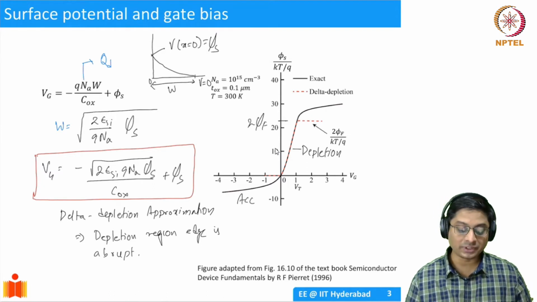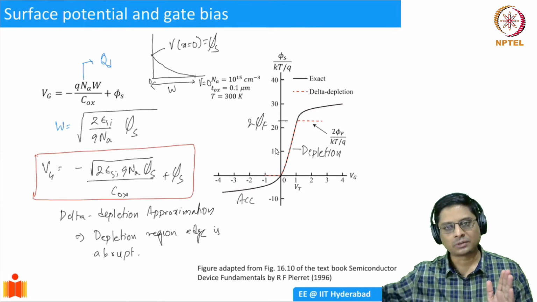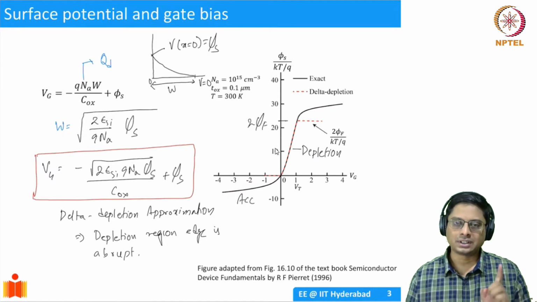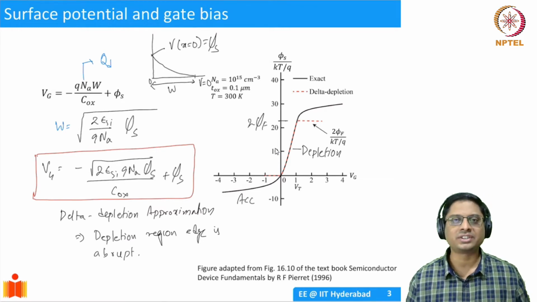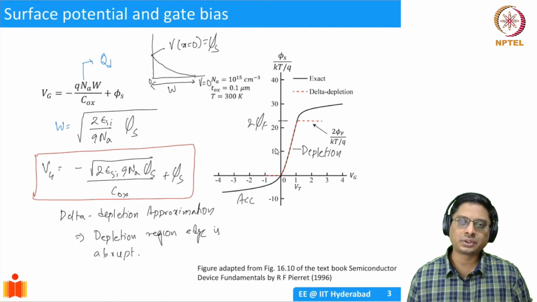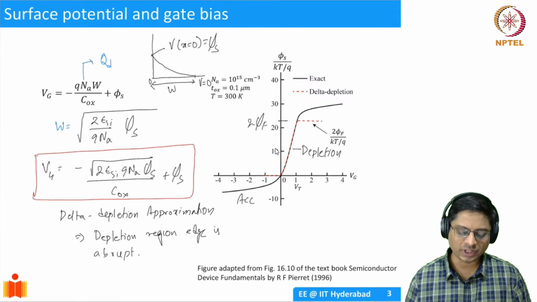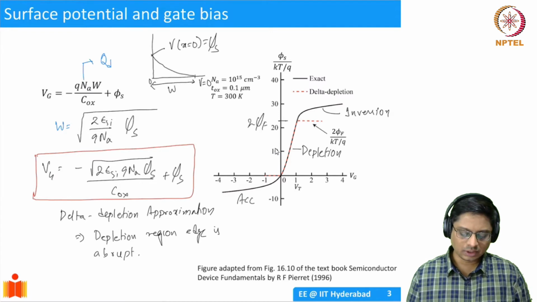Why are we differentiating between the two? What is the difference between surface potential and the gate bias? Well, we know that the gate bias is going to fall across the oxide and the semiconductor. Whatever falls across the semiconductor, we are calling it surface potential. So there's going to be a slight difference. It's not a simple proportionality because we also have this Gauss law, which tells us that a certain ratio of electric fields has to be maintained. And if you apply a gate voltage which results in a surface potential greater than 2 phi f, then that regime we'll call inversion.